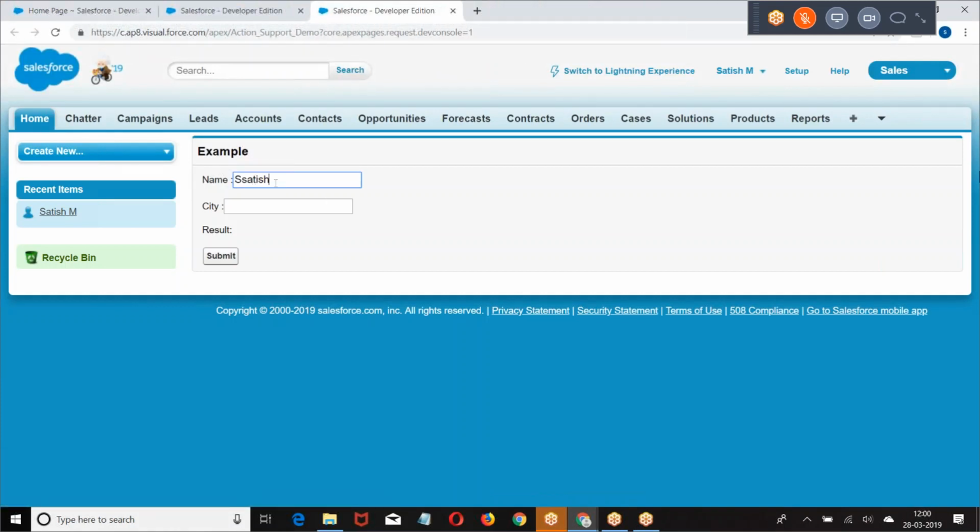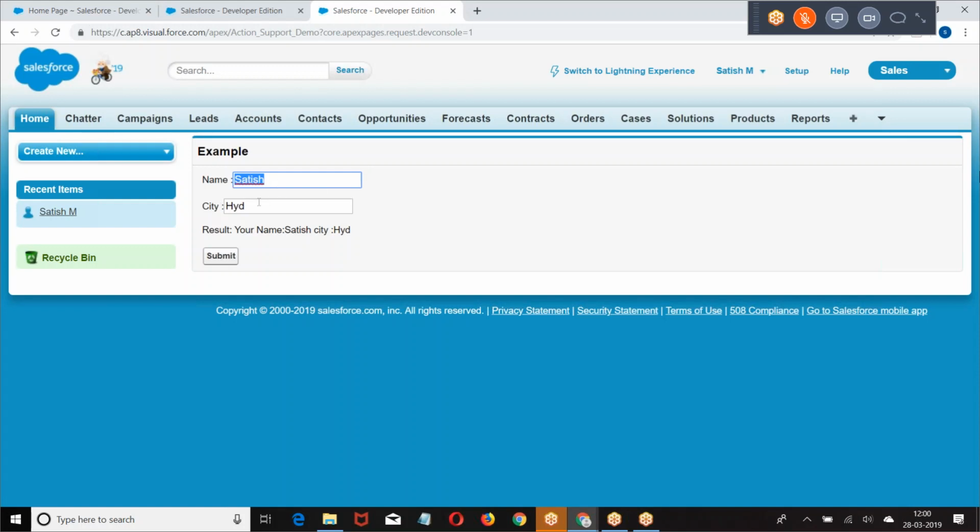Okay. When a change is occurring here, is anything happening? No, right? Then I clicked on submit. When I click on submit, it went to the Apex class and invoked a method call. Now what I'm saying is, I don't want to give a button. I don't want to give a link. I entered the data, clicked on the button, and the button is calling the action. I don't want to give a button.